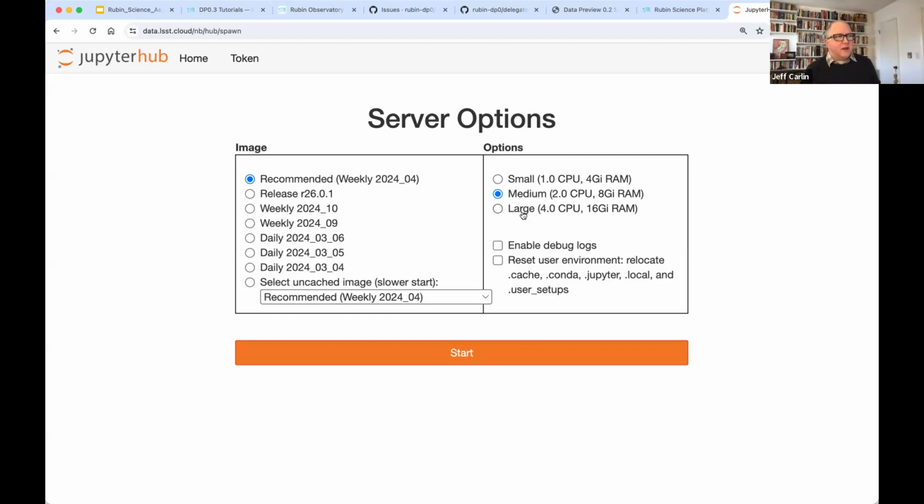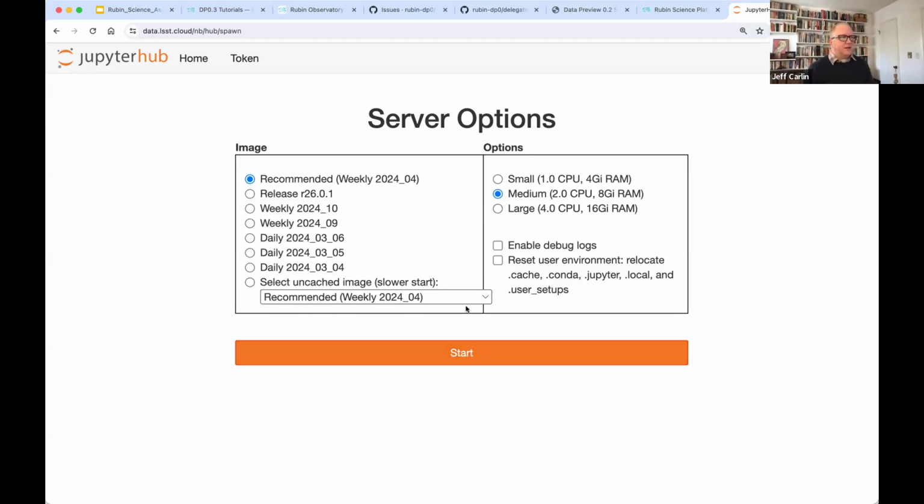And this is just the size of the container that you'll be using, so it basically sets the amount of compute and the amount of memory that you have available. I always default to medium. On rare occasions, you'll need a large. If you know you're just doing something quick, you could select small.